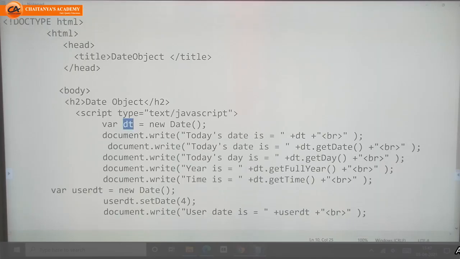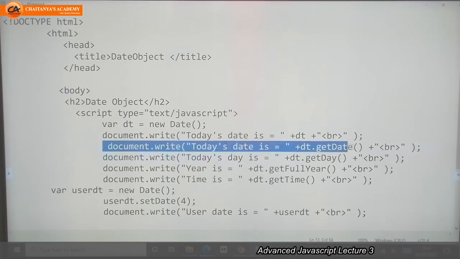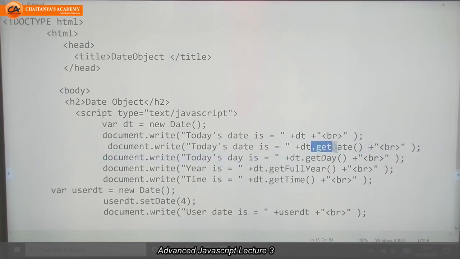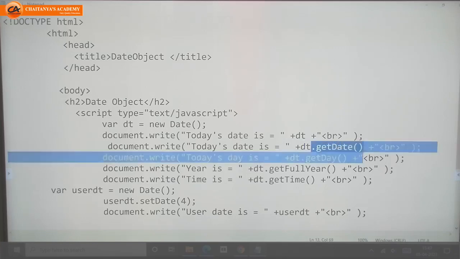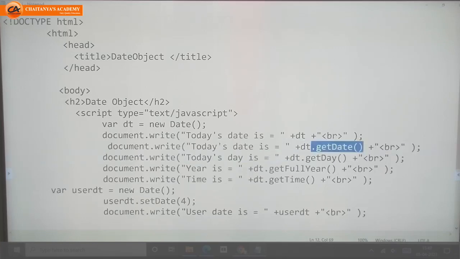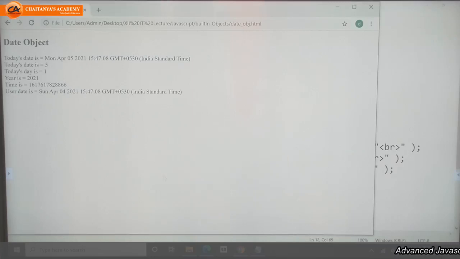If we want only date, then we need to write the function variable name dot getDate. It will return the date number, that is 5.